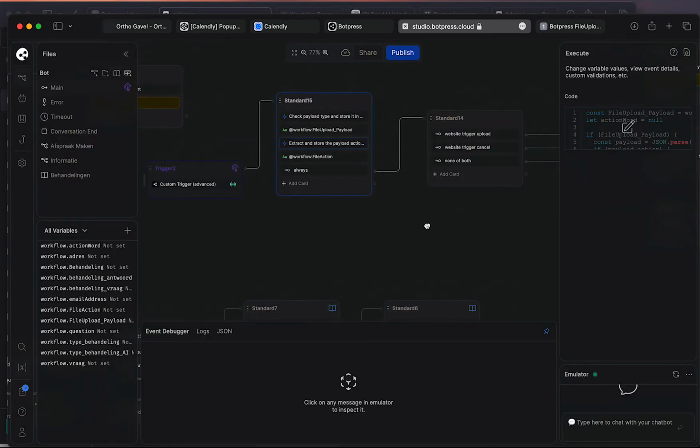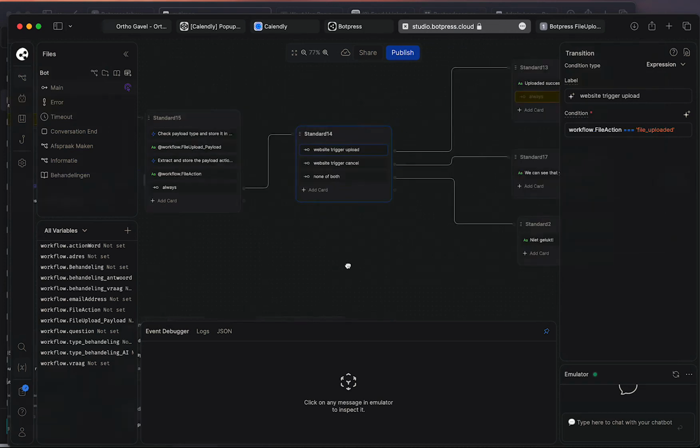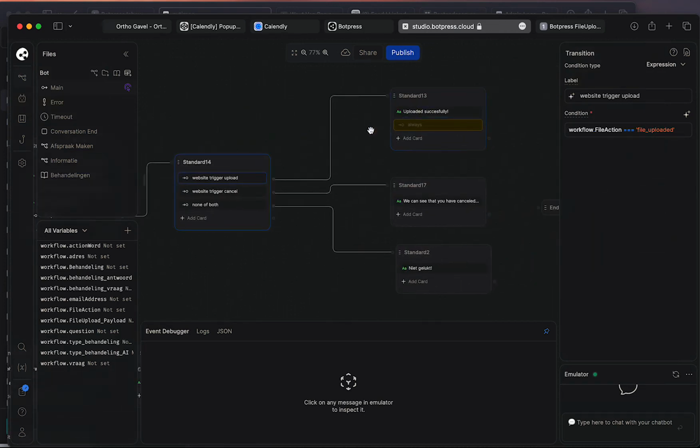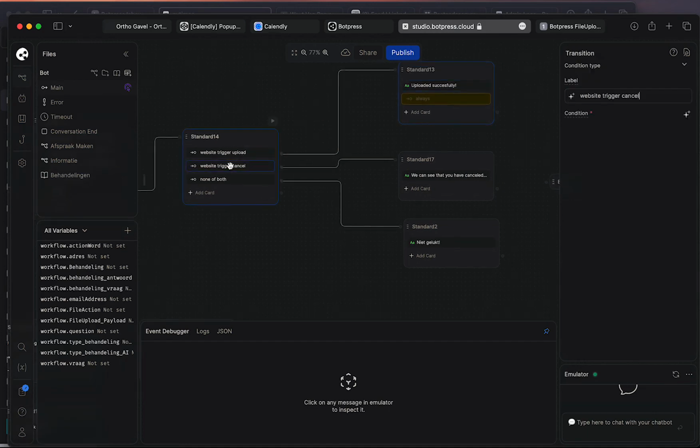Then you can easily use an expression card. If our variable file action equals file uploaded, then it will redirect to this part, upload successfully. You can play around with this a lot for your specific use case. And if the variable file action equals file upload cancelled, because we clicked the cancel button,